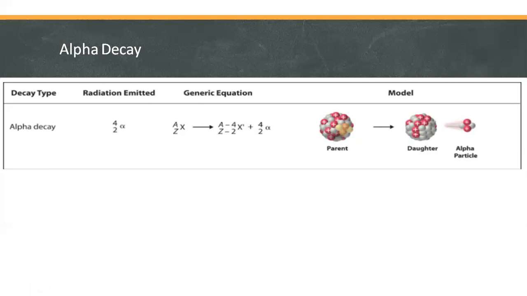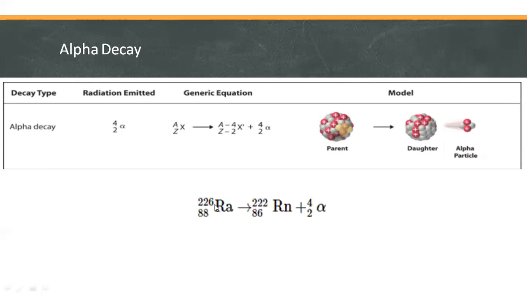Thus, alpha particle emission produces a daughter nuclide with a mass number of A-4 and a nuclear charge of Z-2 compared to the parent nuclide. An example is